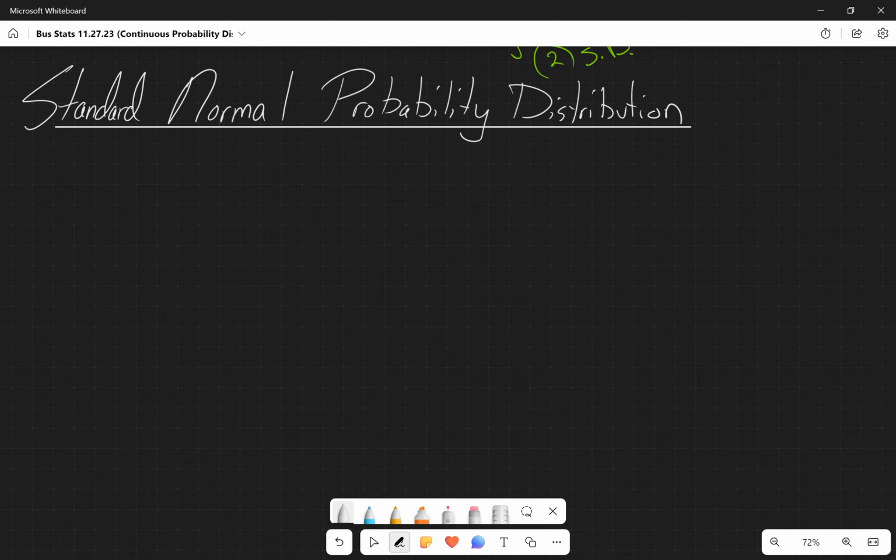So here's where things start to get really tricky. And it's going to be very easy for you to get lost in this second half of chapter 7. The key to learning all this about normal curves is so that we can standardize what's going on in that normal curve. And so essentially, any of these normal curves we can convert into what's called a standard normal probability distribution. A standard normal probability distribution is one particular